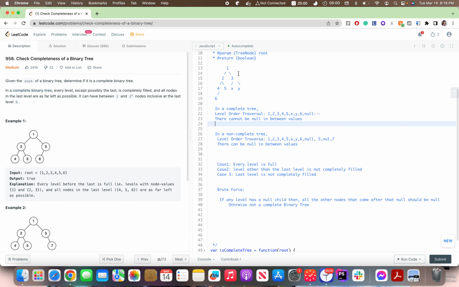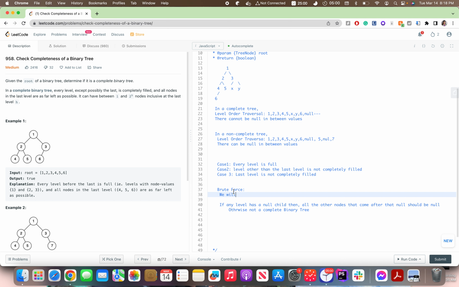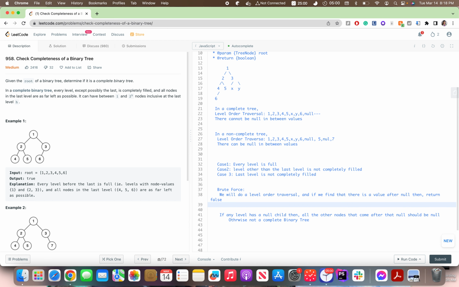We'll do a level order traversal, and if we find that there is a value after a null, then return false. Otherwise, if we finish the traversal,